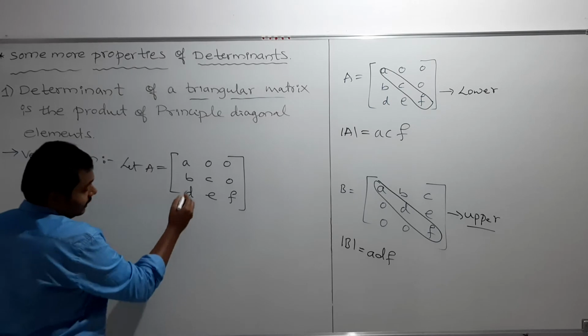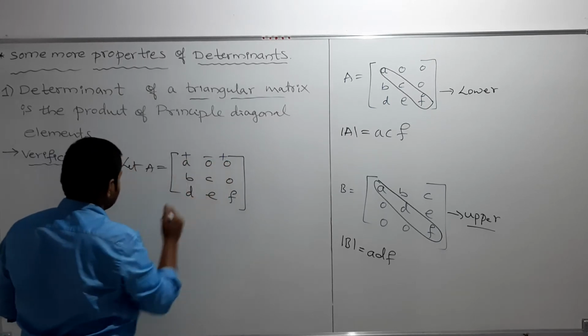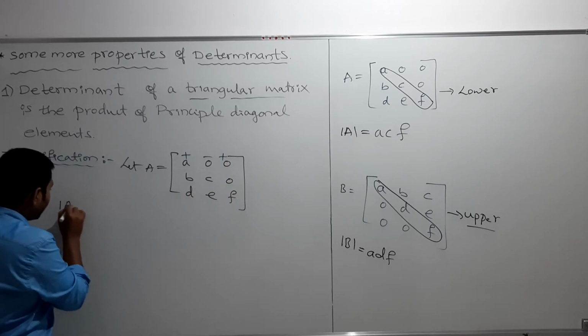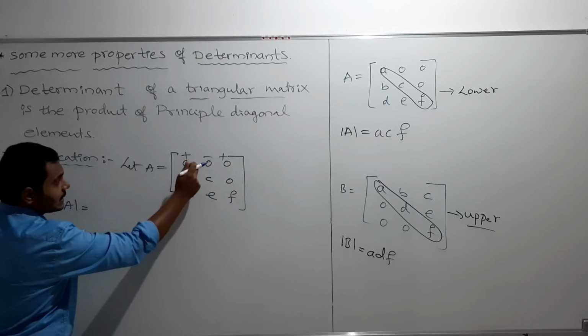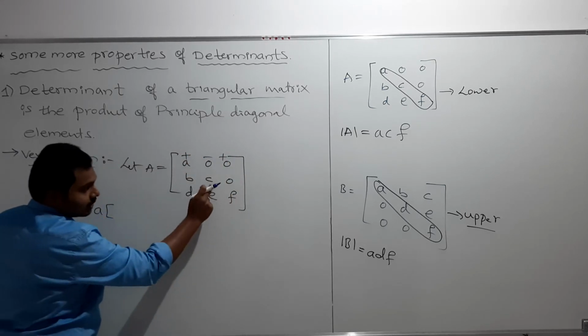So whenever you are finding a determinant, first you should change the sign. So I put plus minus plus. So now my dear students, determinant of A is equals to plus A into leave this row and this column. So now C into F